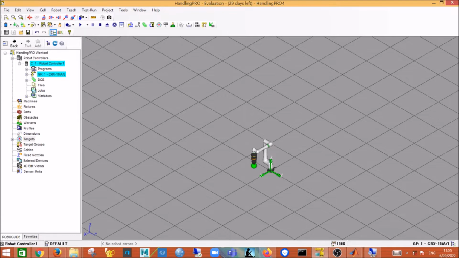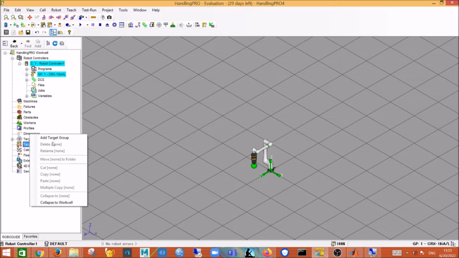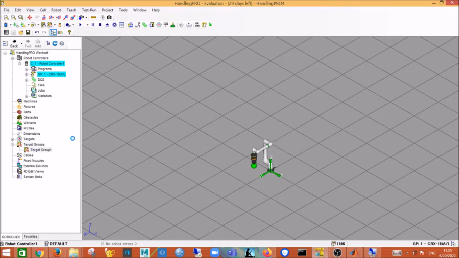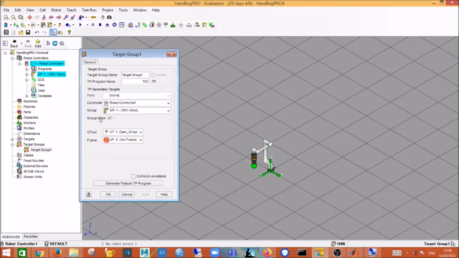And then the next thing we're going to do is create target groups. So click on add target group, and then set your tool frame and user frame. In my case, the user frame I had is number 8, and tool frame is number 9. So user frame number 8, tool frame number 9,